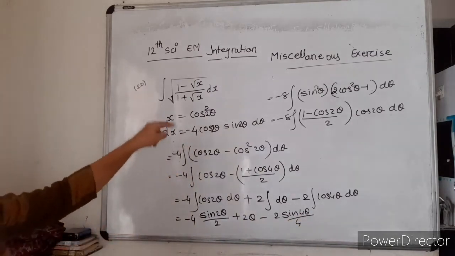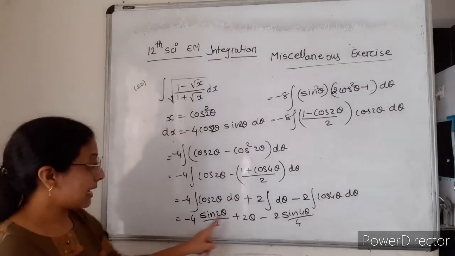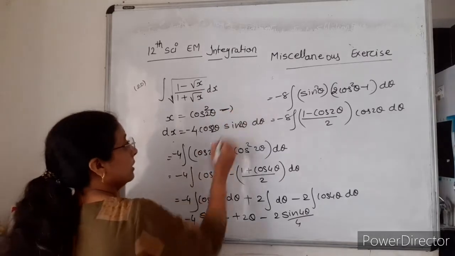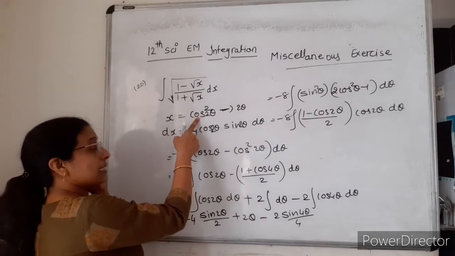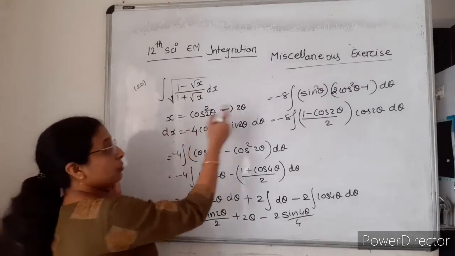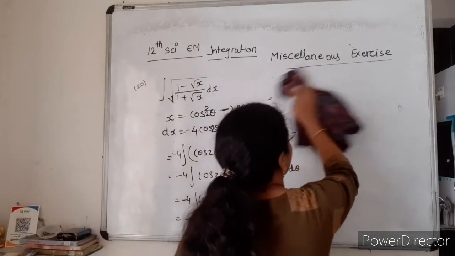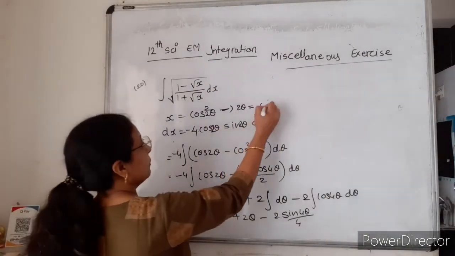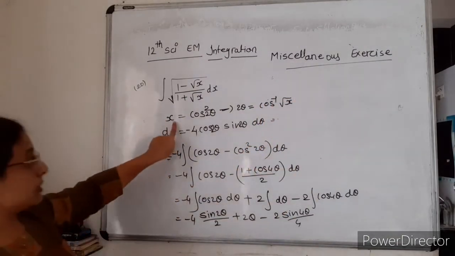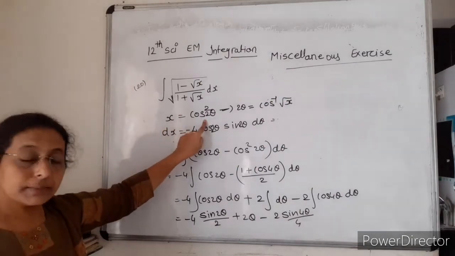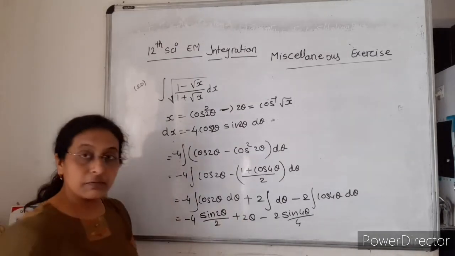Now what we have taken is x is equal to cos square 2 theta. Here is sin 2 theta. First of all, we can say that cos 2 theta is equal to root x and 2 theta is equal to, what is it? 2 theta is equal to cos inverse root x. Yes or no? Suppose root x equal to cos 2 theta. So 2 theta is equal to cos inverse root x.